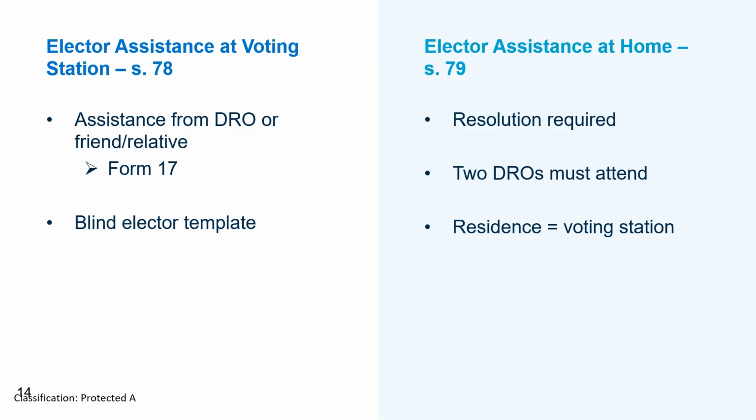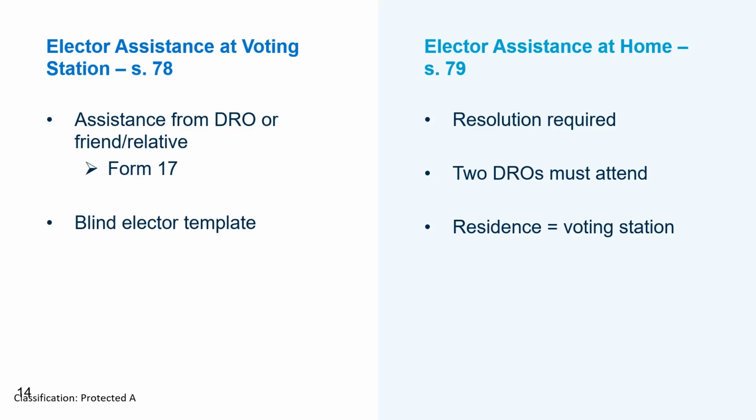At the request of an elector, a deputy returning officer must assist in the marking of a ballot of a voter who is unable to vote in the usual manner. The election worker must read the verbal statement on Form 17 to the elector, and then initial it if the elector answers in the affirmative. A deputy returning officer does not have to complete the Statement of Friend or Relative form. However, the elector who is unable to vote in the usual manner section of Form 13 must be completed. If an elector is accompanied by a friend or relative, the corresponding portion of Form 17 must also be completed.